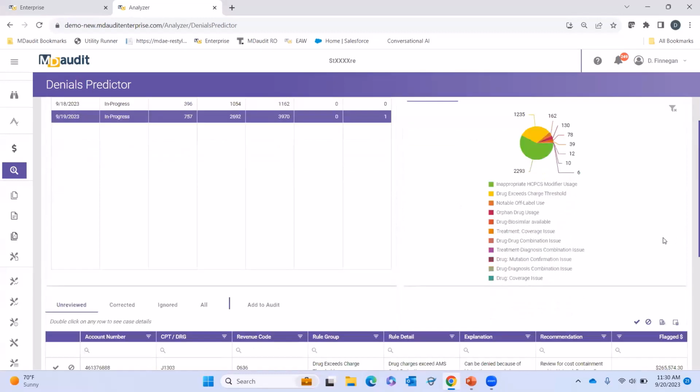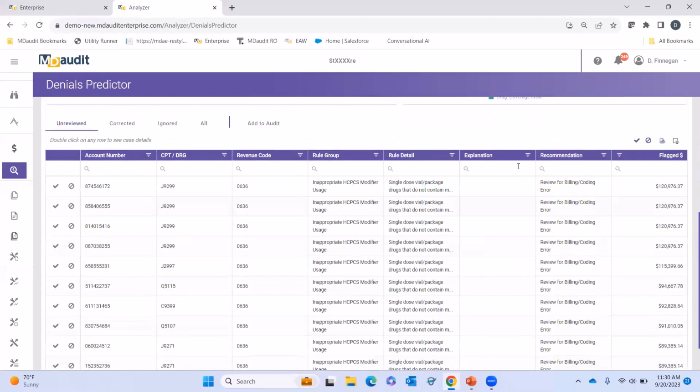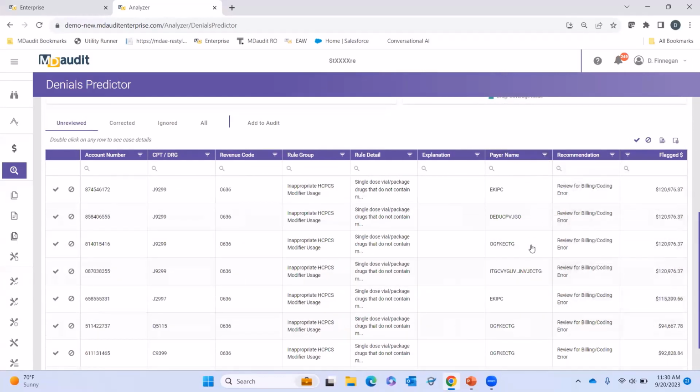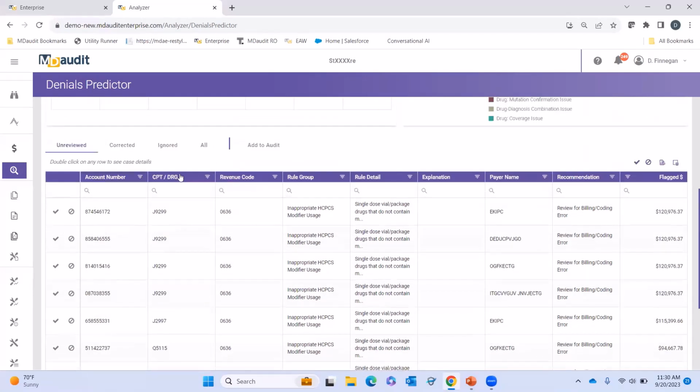Very targeted approach. So let's go into some of these responses that are really going to prove out why we complement and do find what your traditional scrubbers cannot. So here's inappropriate HCPCS modifier usage. Right away, what I'm going to do is bring in the payer name. Let's show you we can do that. Now, some of this is de-identified because we're very protective of our data. But what it's showing is, okay, I've got just a massive amount of account numbers over here, and there you can see what we're flagging,